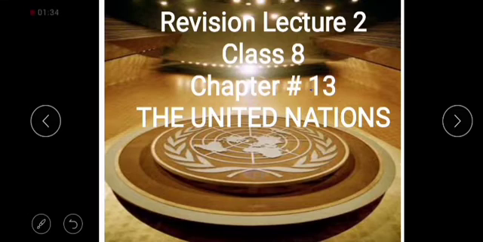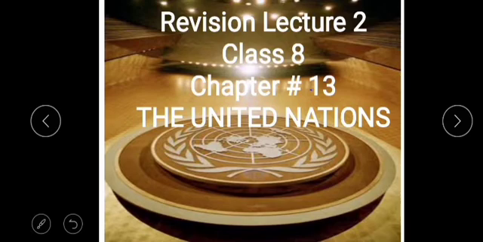One department of the League of Nations was taken up by the United Nations, and that was the International Court of Justice. 192 countries joined the United Nations at that time when it was started in 1946, but now 193 countries are members of this organization. It has a structure of five basic departments: the General Assembly. This is the main body in which all the decisions and discussions are done about the issues of different countries.